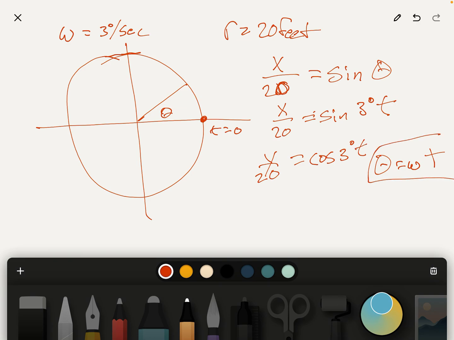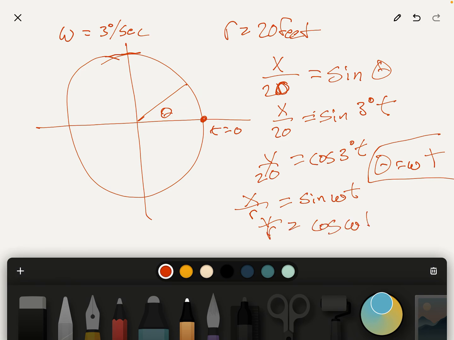So those are just general equations, but we're going to use those. So again, making it real general. X over r equals sine omega t, and y over r equals